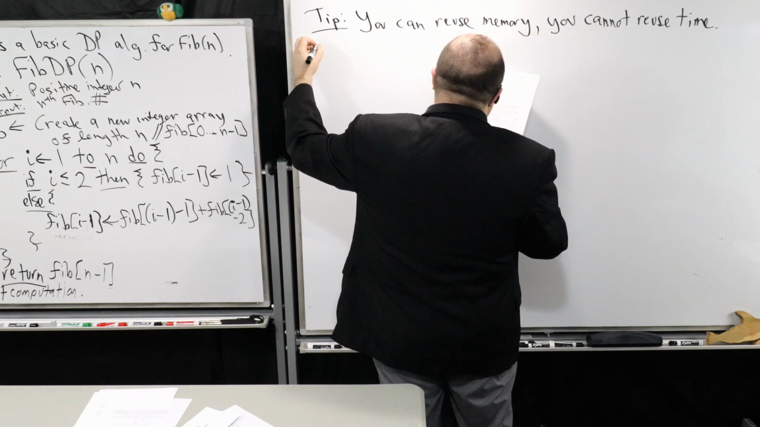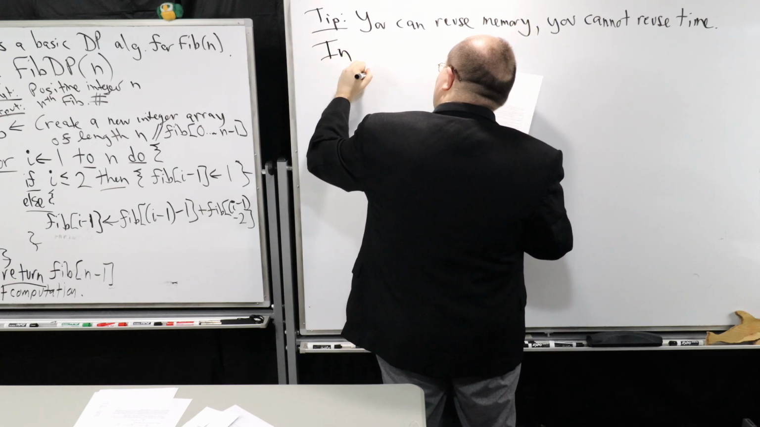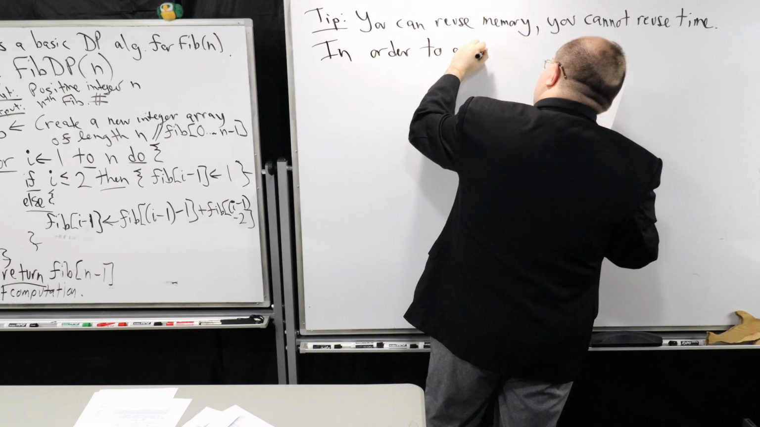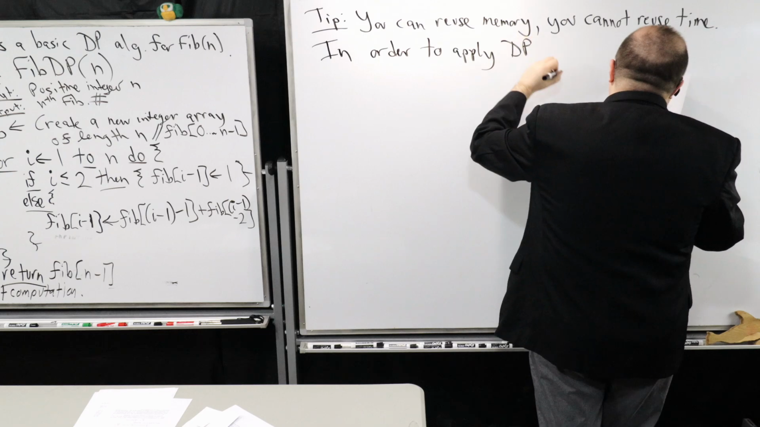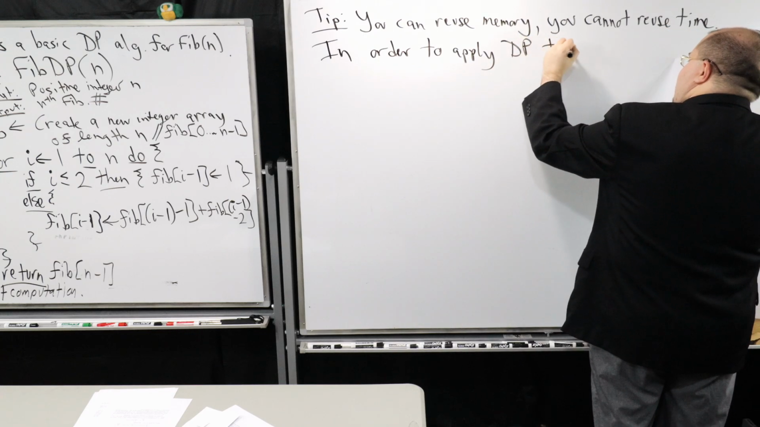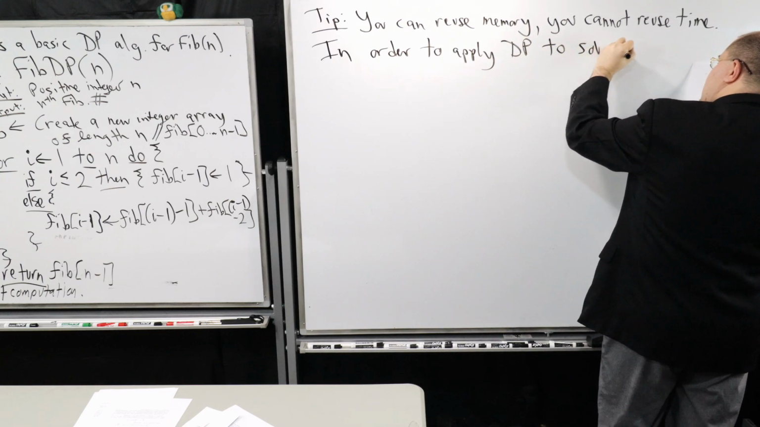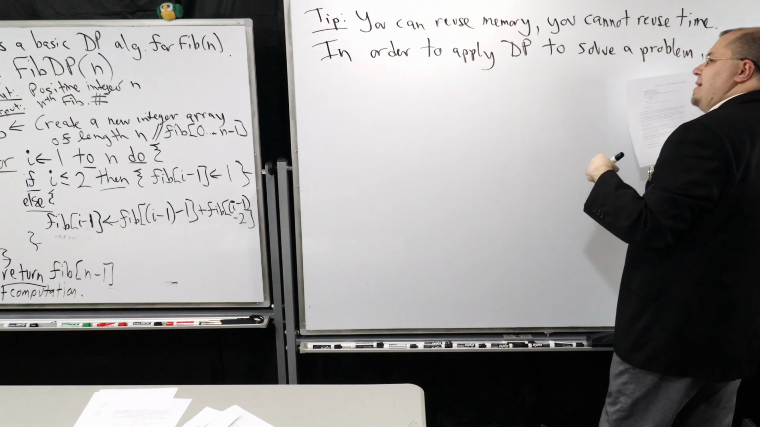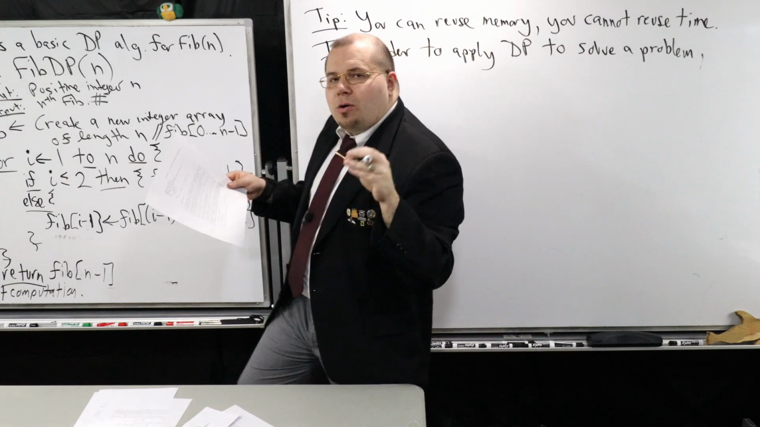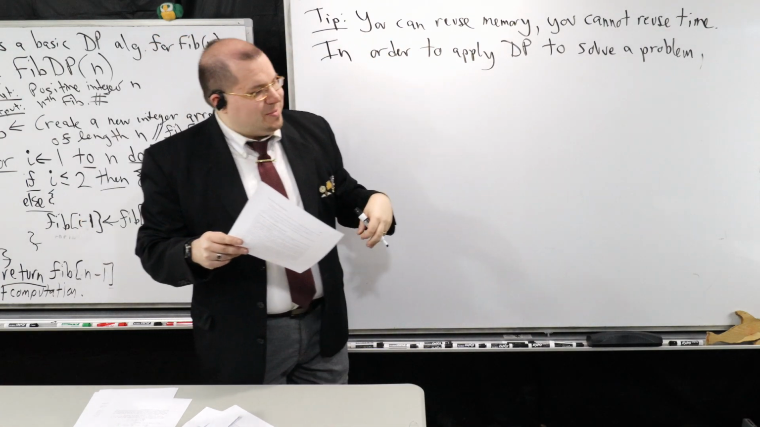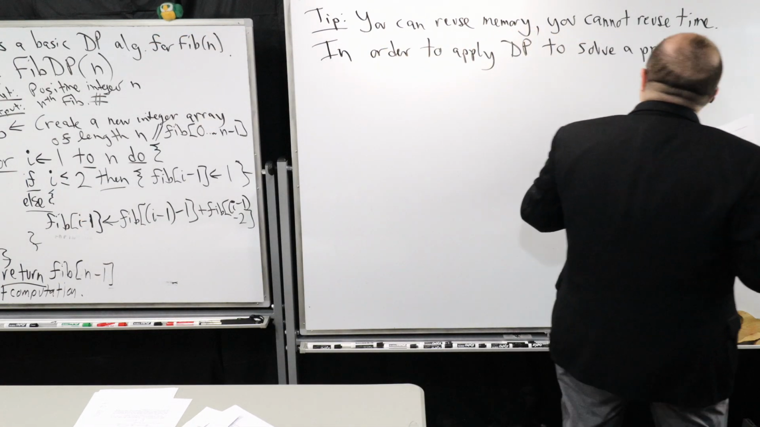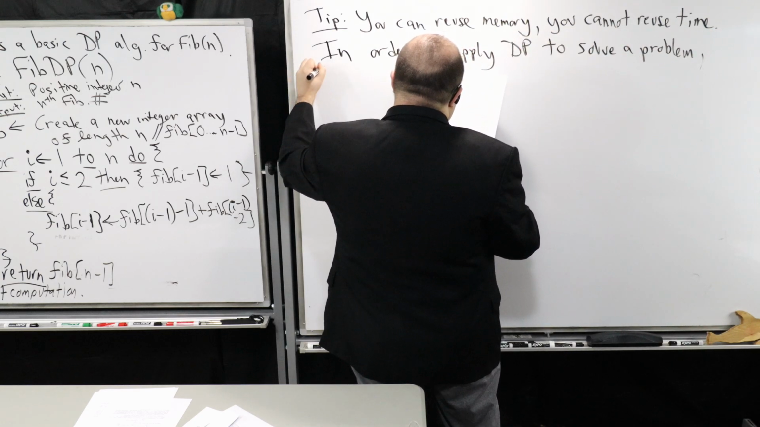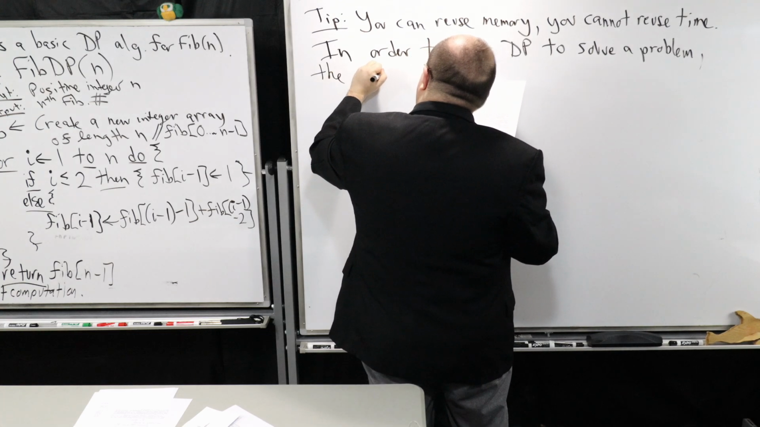So the first thing I need you to know about is, in order to apply dynamic programming to solve a problem. So remember, we're talking about optimization problems here. So that means that I want the algorithm to always produce optimal solutions. That's always give me the best answer. To solve a problem, the principle of optimality,